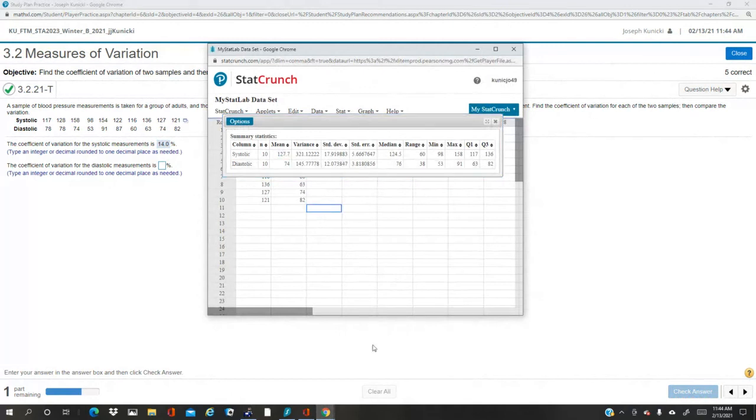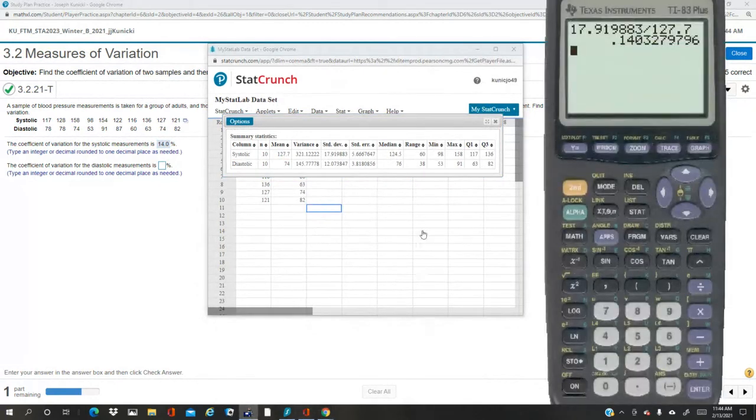Now this time I take, on my calculator, the standard deviation for the diastolic, which is down here, 12.073847 divided by,